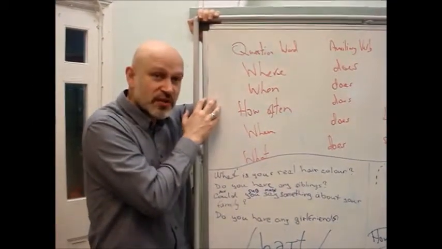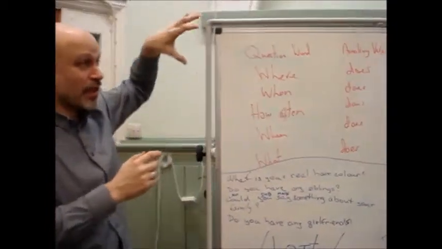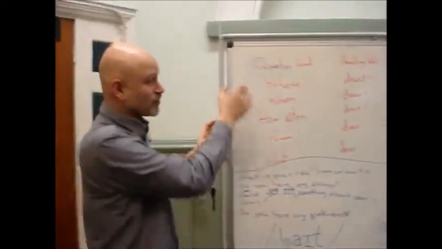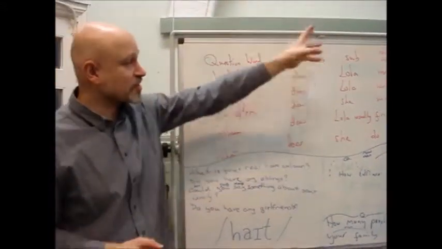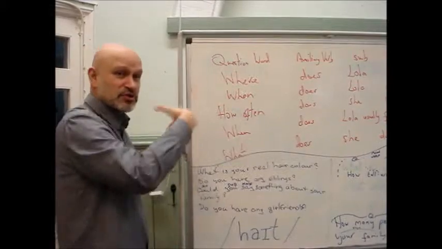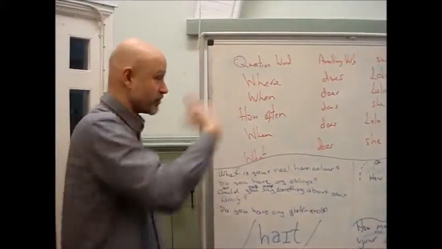we started asking questions in the present simple. And as you can see, we're using the basic question format with the question word, the auxiliary verb to do, the subject and the main verb. This is the way we generally ask questions in the present simple, and next term in the past simple.